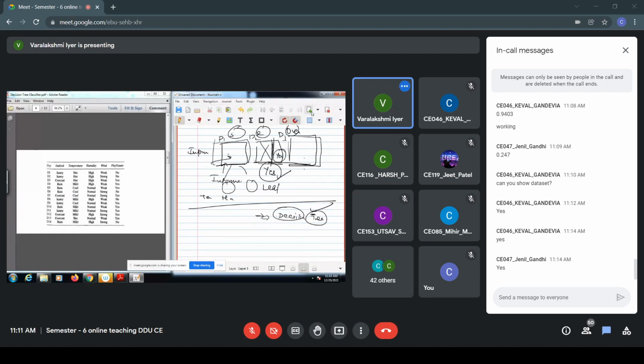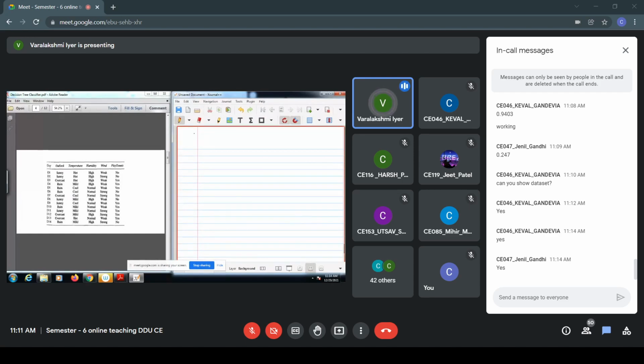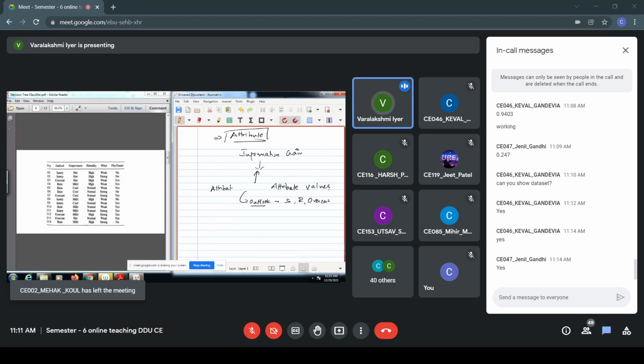Okay, fine. So now after this, we have the next. Suppose this is the first attribute selection method that we have. Now this attribute selection method, that is information gain, has certain drawbacks. For example, information gain will provide highest information whenever your attribute has many values. For example, here Outlook has three values: sunny, rainy, and overcast. So it will be biased towards those attributes which have a higher set of values.